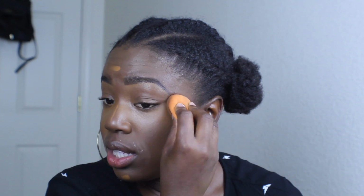But something that I noticed and what I appreciated a lot about this foundation was the fact that my smile lines were not super deep by the end of the day. And I've worn this foundation for at least like 8 hours at the minimum, and it's bomb. Like, whatever Jackie and Too Faced did, they did it, because this does not budge at all, like nothing. Obviously, my smile lines eventually started to creep through, but how they look right here, just a really thin line, is as bad as it got with 8-hour wear,